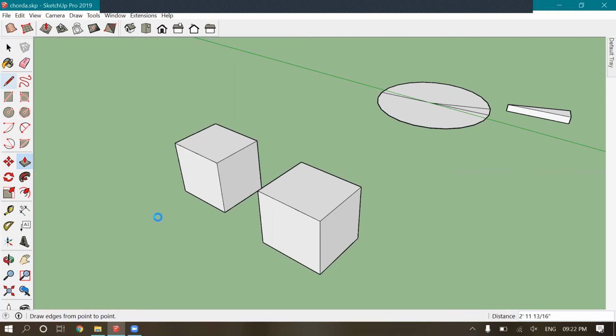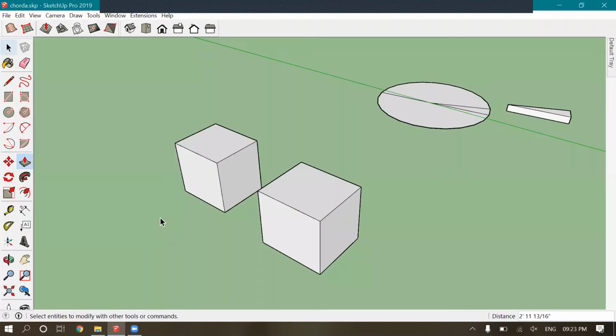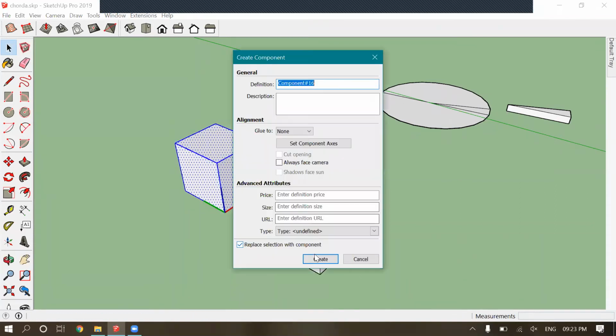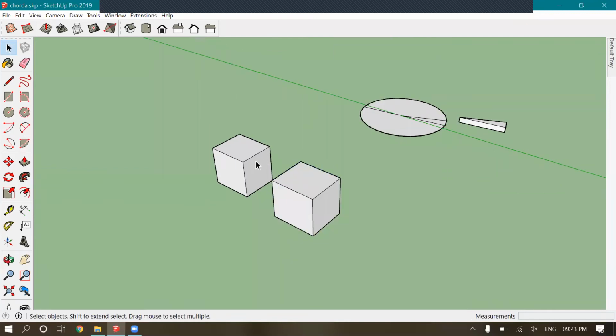I'll make this one a component and this one a group. Now I'll be copying this one, and this as well.